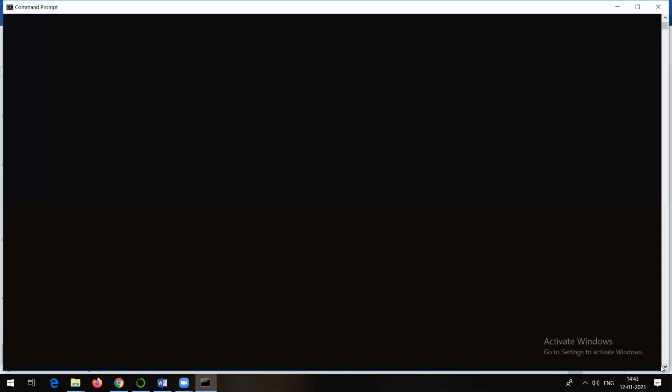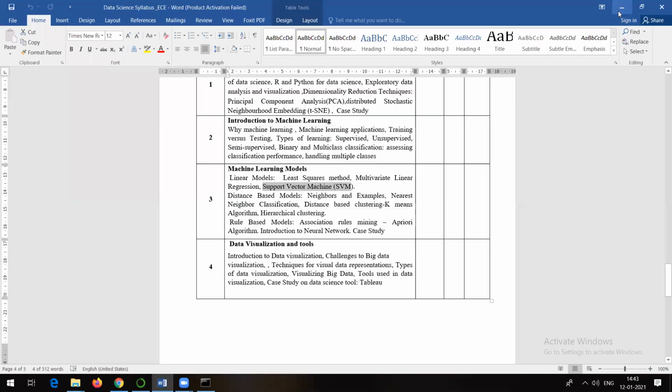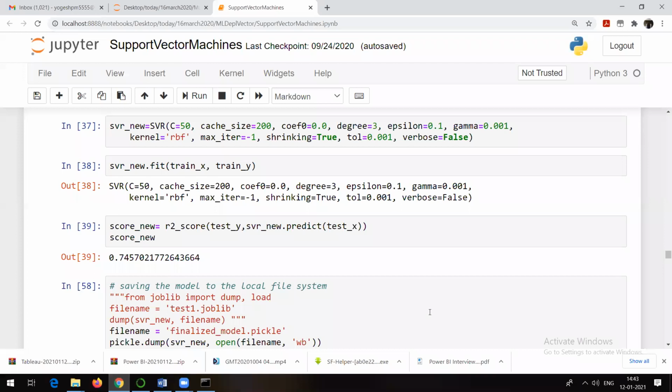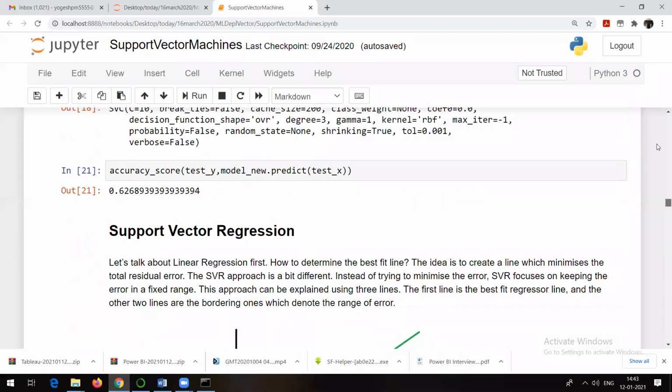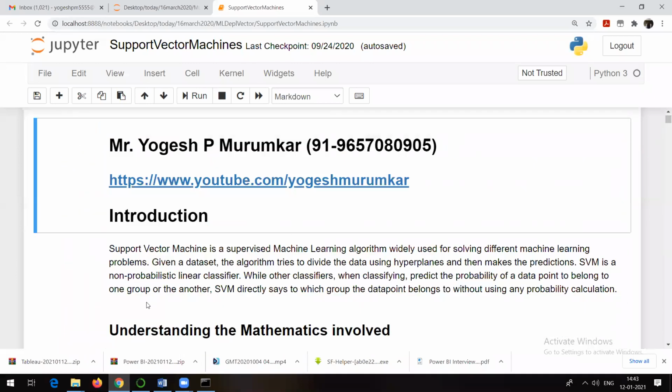We will see the very basics related to support vector machine. We will try to talk about those topics, and then I will show you the explanation or the notes related to support vector machine, like for example this one. We'll be talking about all these things, but before that let me talk about some of the basic concepts, or maybe I can say what is the idea behind support vector machine.